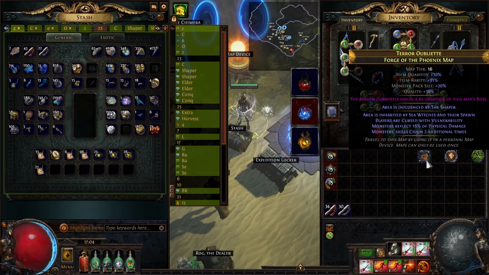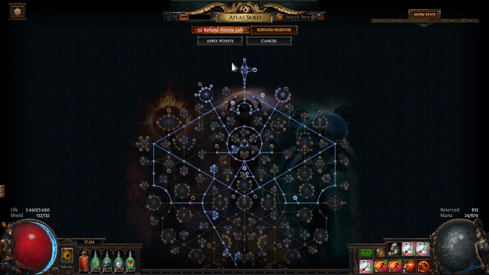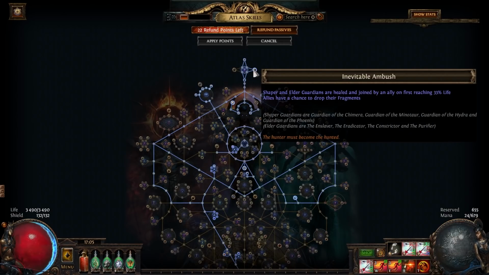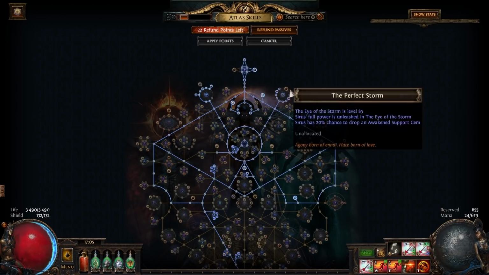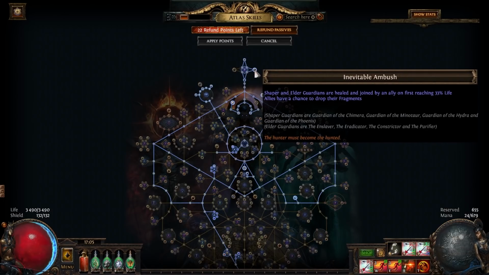So yeah, that's some nice additional profit if you're gonna run them rare. In terms of the Atlas tree, this is the Atlas tree I went for. Obviously, all of the Shaper Guardian maps, Elder Guardian maps, additional Guardian when you're gonna be killing them. So when you're gonna be doing Shaper or Elder invitations and maps, you're gonna get more fragments than when you're gonna be doing the Conqueror, because again, this one is gonna give you additional Guardian per map for additional chance